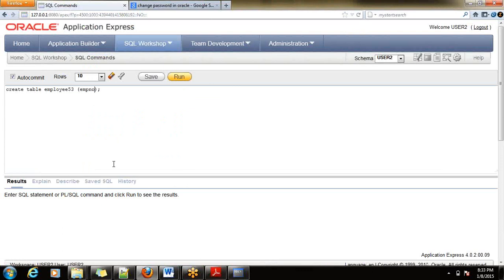Employee number, which is numeric, some size, then employee name of varchar2 of some size, and age, which is numeric, some size, then salary, which is numeric and some size, commission, which is numeric. Fine. One table is being created.